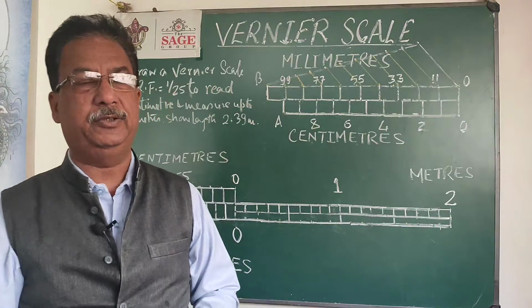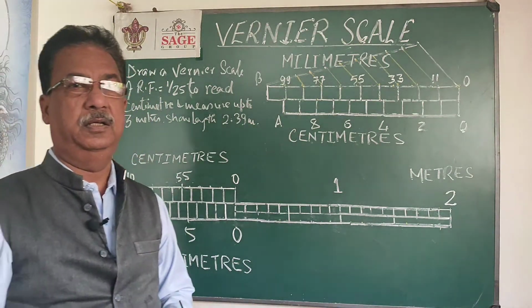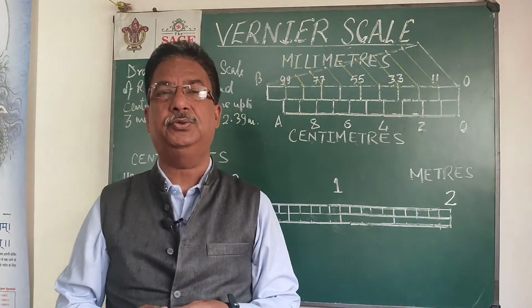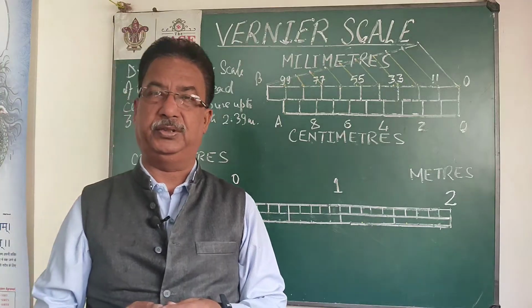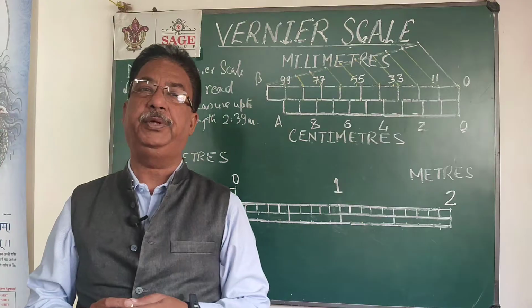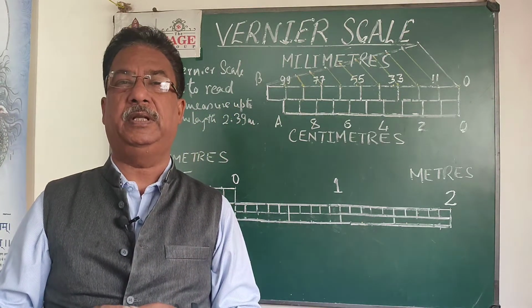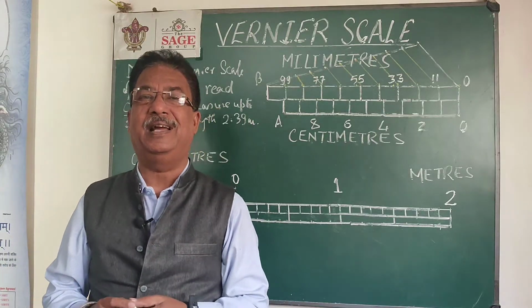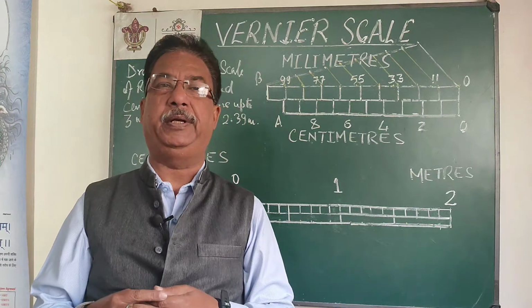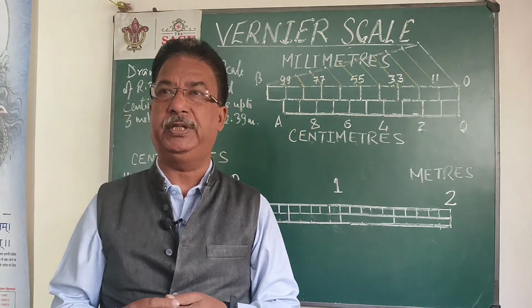Here I am with another topic on graphics, this time the vernier scale. Vernier scale, as we discussed earlier, is also used to measure distances in three units. One example of a vernier scale you know from school days is in vernier calipers. In vernier calipers, there is a main scale which can measure in centimeter and millimeter, and if we want to go below a millimeter, then we use the vernier. The same concept I am using here.